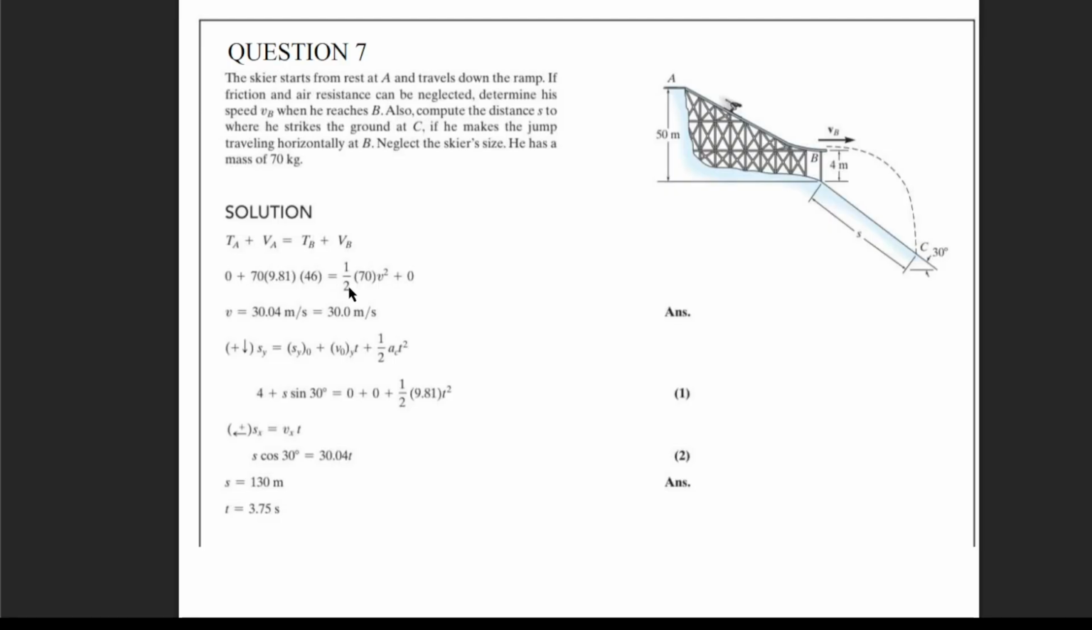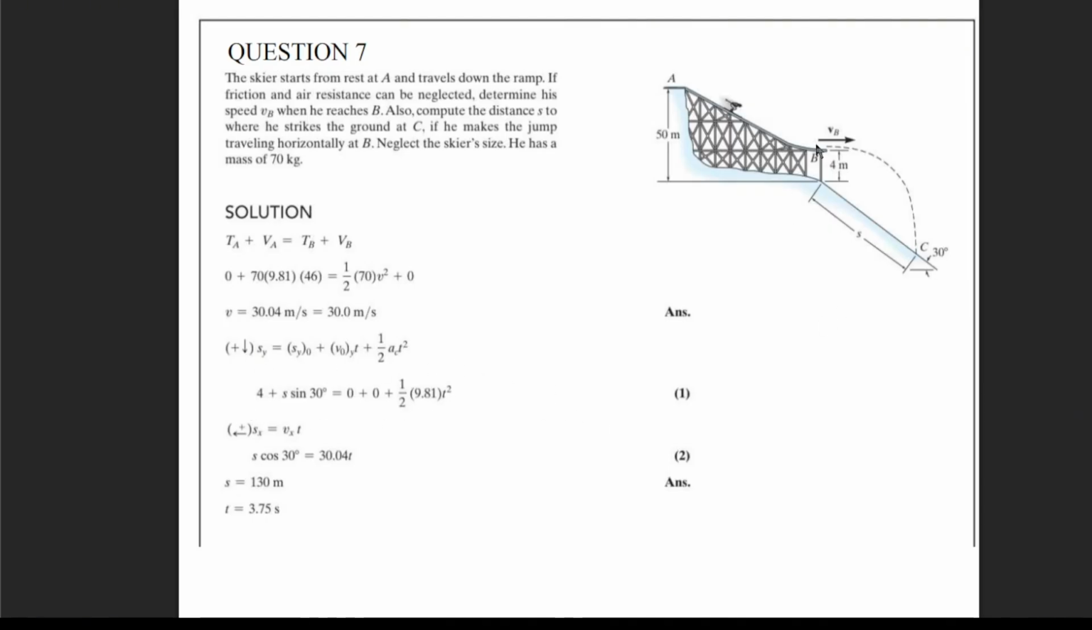Next, TB will become 1 over 2 mv squared. So we need to find v. We find that v equals 30 m/s. Next, we need to find the distance s. So we use the projectile motion formula, sy equals sy naught plus v naught t plus 1 over 2 a t squared. This part is for the vertical part,